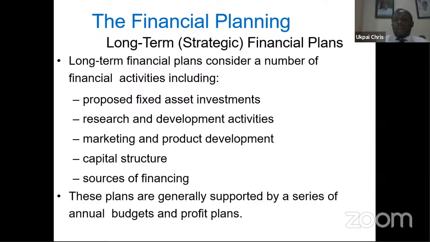We talk about research and development. These are what you are producing. What you are developing, maybe you are into cassava processing, you process cassava to produce garri. Are we together? Marketing and product development. How do you market your product? These are the things in long-term financial planning. You make sales maybe through third party or direct sales. At times, maybe you have people that will be coming to buy for you in bulk and go and sell. At times, you sell direct to the market.